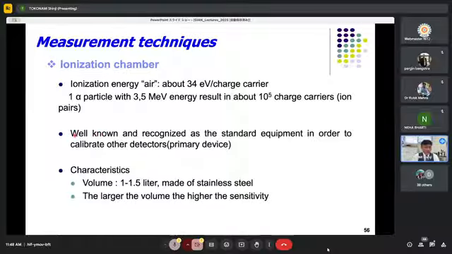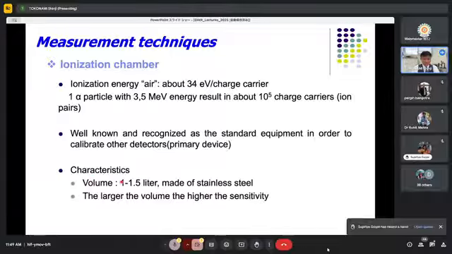Ionization chamber is well known and recognized as a standard equipment in order to calibrate other detectors. This ionization chamber is used as a primary device. As their characteristics, the inner volume is 1 to 1.5